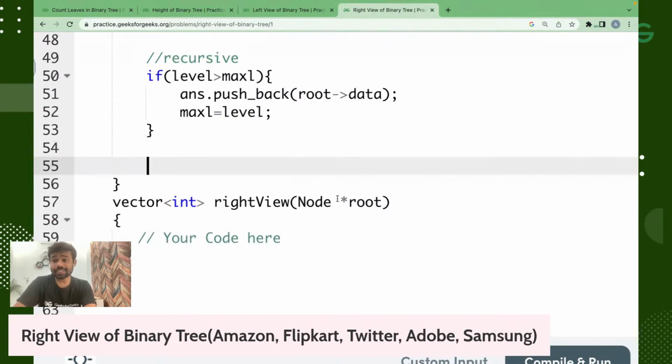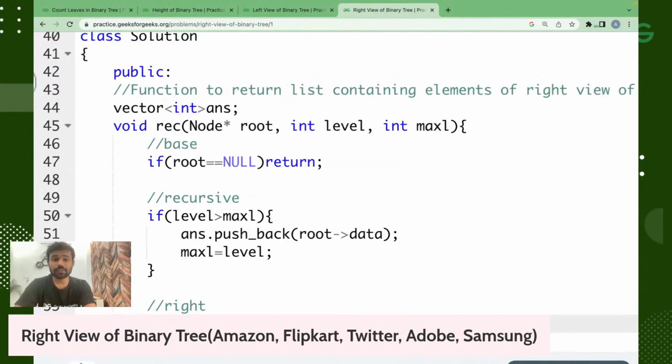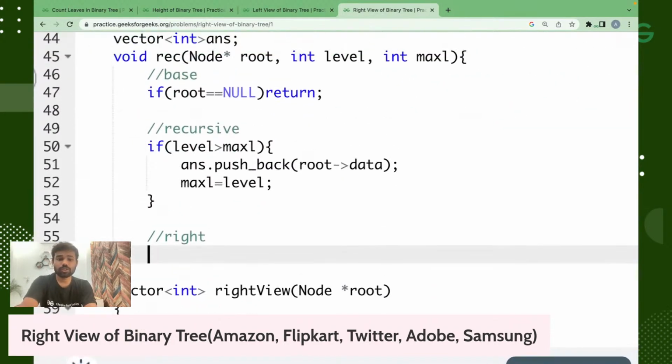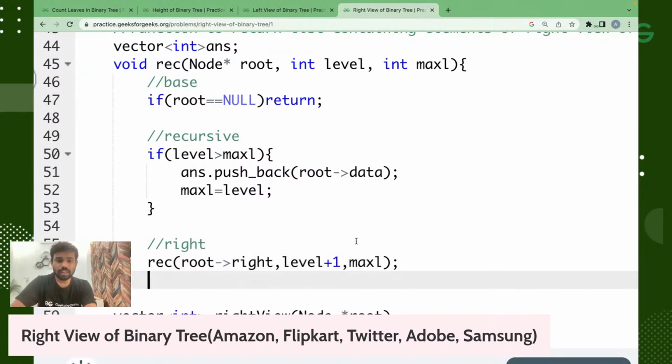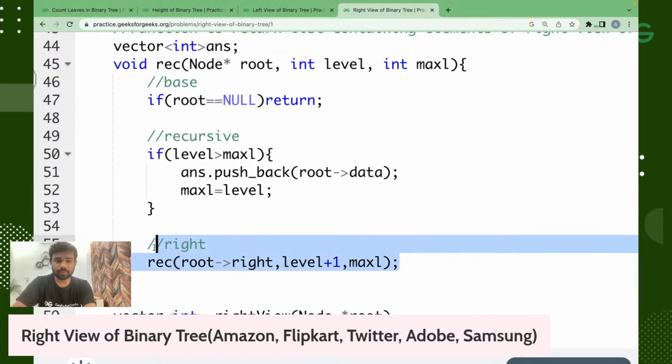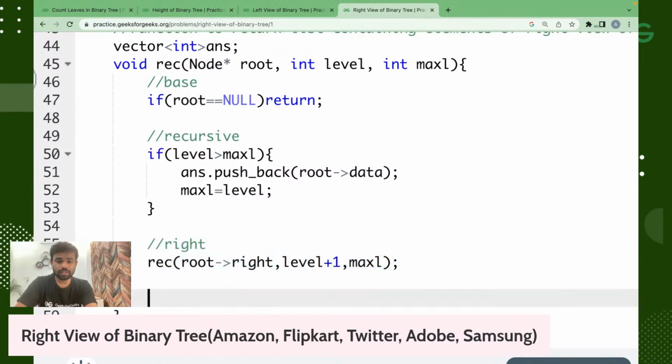Then as it is the right view, we will go right first. First of all, we will call this function recursively for right. So recursion root right comma level will be increased by 1 as I told you, and max L will be as it is. Now we will do the same thing but for the left